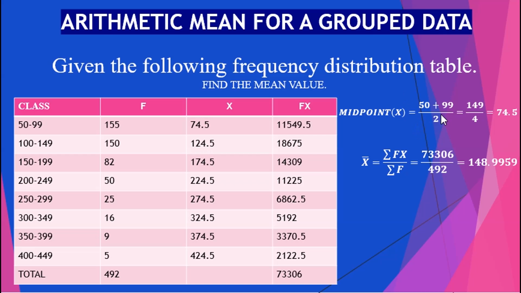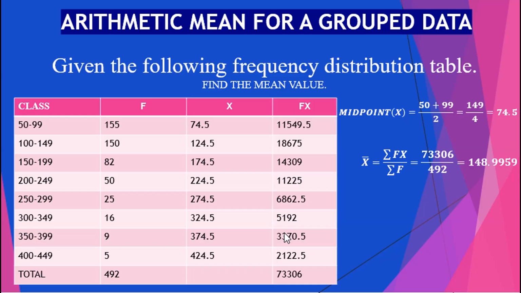as we did for the earlier midpoint. Therefore, having gotten this midpoint, which is x, we are going to find f times x, that is, multiply 155 by 74.5, giving us 11549.5, and so on and so forth to the last value here, that is between 400 to 499. And summing all these f times x together, we are going to have